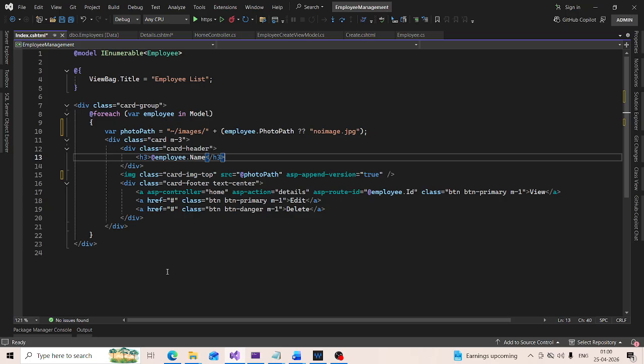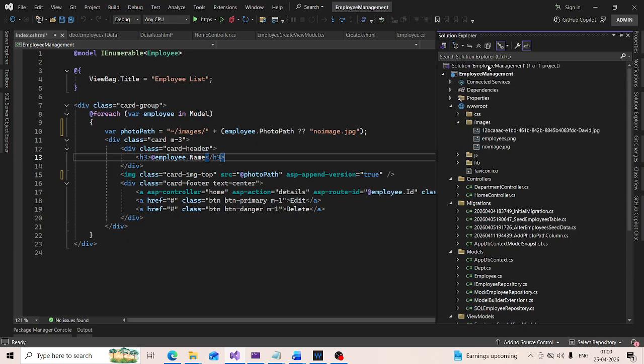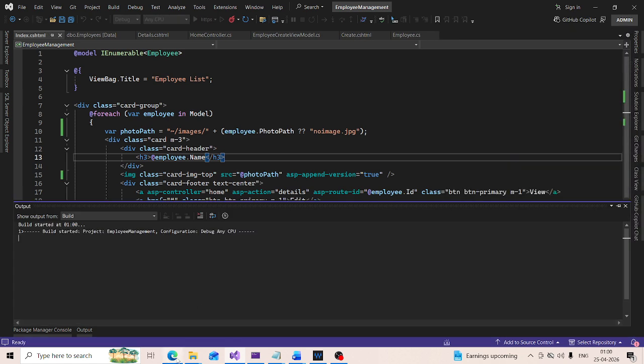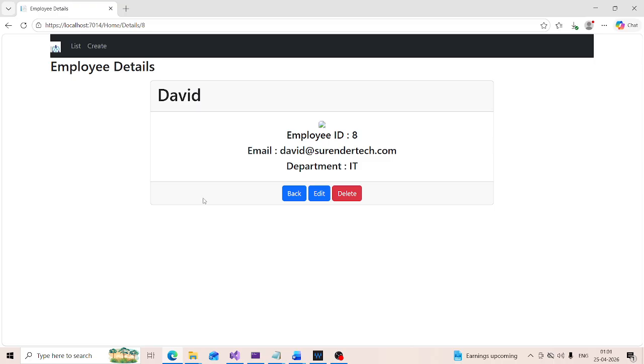Notice now when I reload the page, we don't see any image. First of all, what we need to do, build the solution and go to the browser. It is taking time. The solution is not built yet. Notice now when I reload the page, we don't see any image. To get this working, use